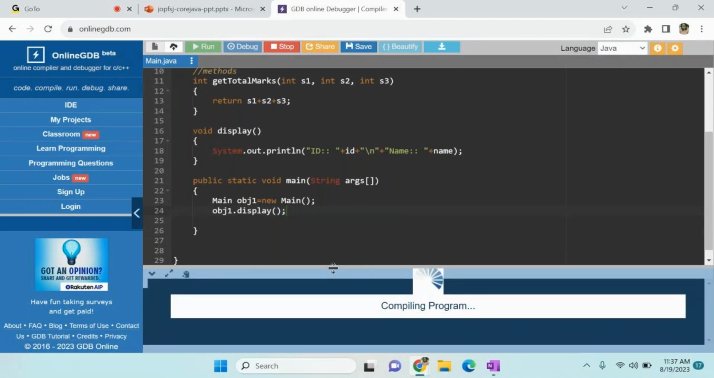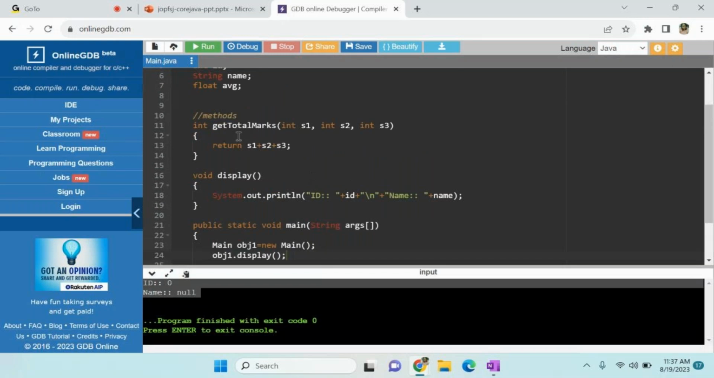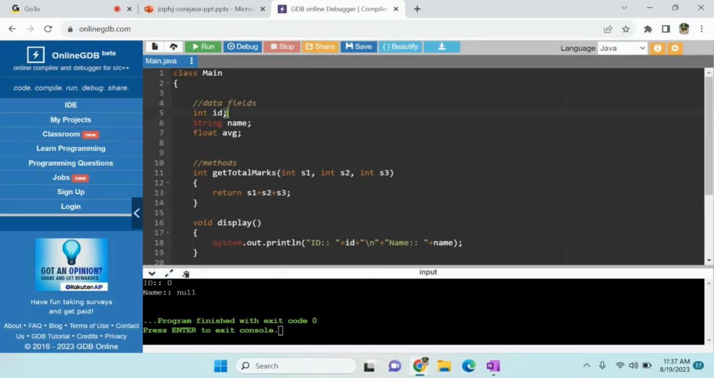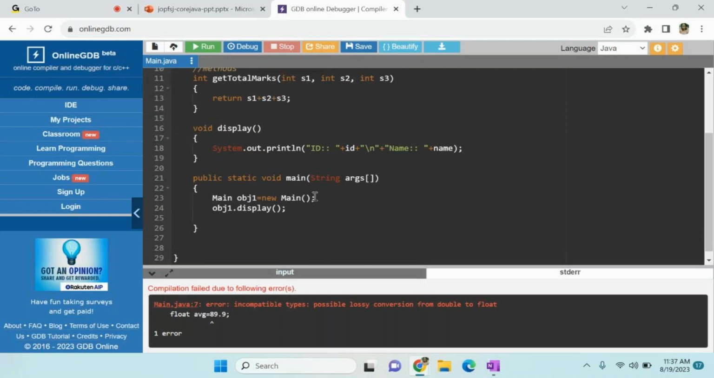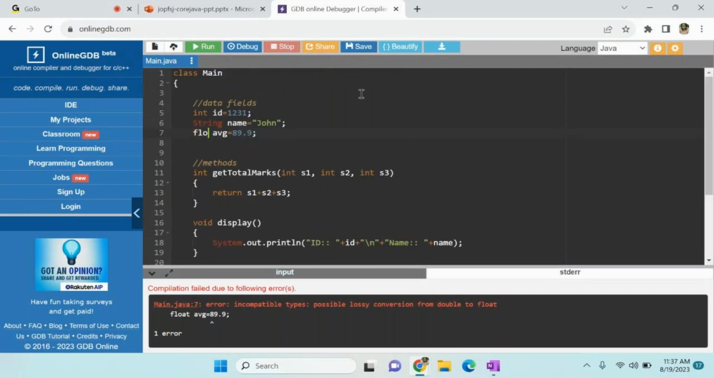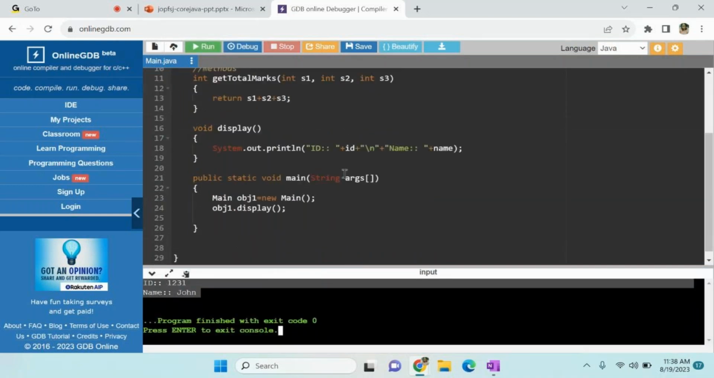Let me run the program. See, ID equal to 0, name equal to null. Why? Because I didn't give any values inside it, so it is giving null. For example, if I give int ID equal to 1231, name equal to, let's say, John, and average equal to, for example, 89.9, and I run this now, it is going to print the name and ID properly with values. One second, let me change it to double. Double and float are the same, but double is larger than float. See, name, ID and John. Name and ID, you can see. So now object one, I